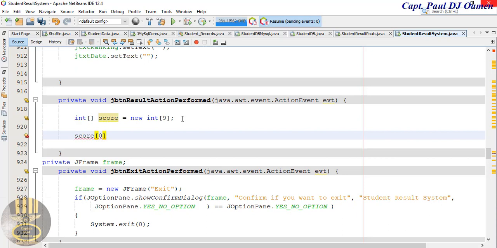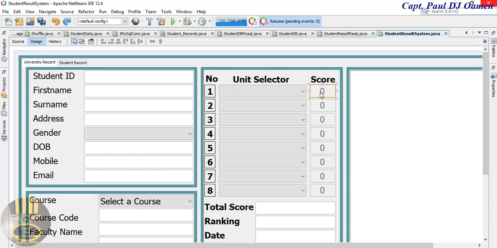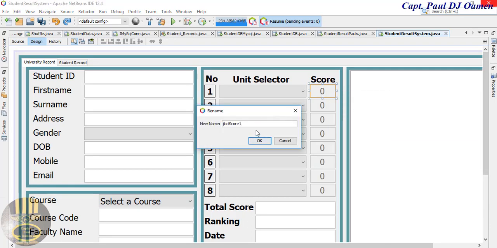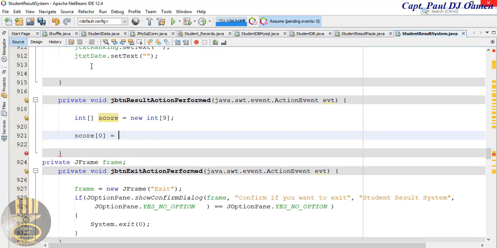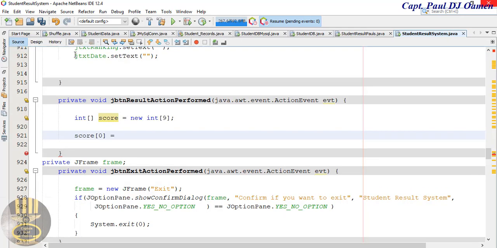So the very first element inside the array is going to be my txt score 1. This is it right here, this very one. I'm going to copy that. But because this component only takes in string characters, I'm going to have to convert whatever I enter into it into an integer. So to get that sorted, we say Integer